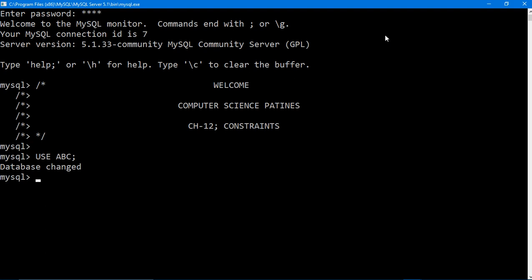So I'll be creating a table. Create table. See, I am creating a customer table, CUST. Now CID is customer ID. How to create a table? Give the data type.